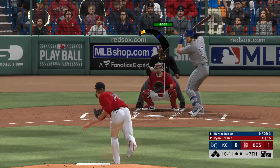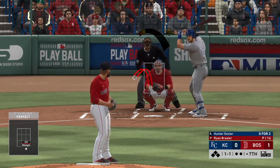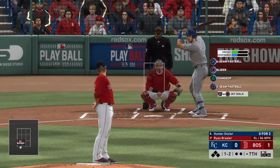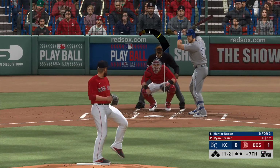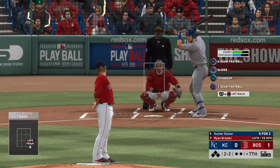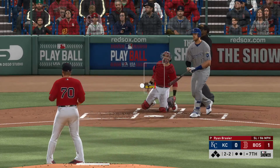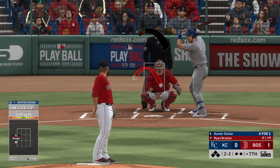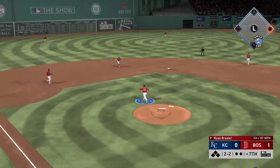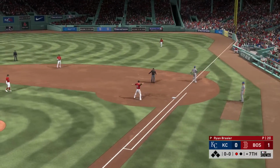Ready with the 0-1. And there's ball 1. Good slider there. Gets a swing and miss. Real ugly 0-1 swing there. As a pitcher, you've got to be hunting for the strikeout, knowing you have this guy way off balance. Good swing on a tough pitch, and he'll stick around to see another one. Here's another 2-2. Weak grounder back to the mound. Bichette's got it. And the throw to first is in time, so the leadoff man is gone here to start